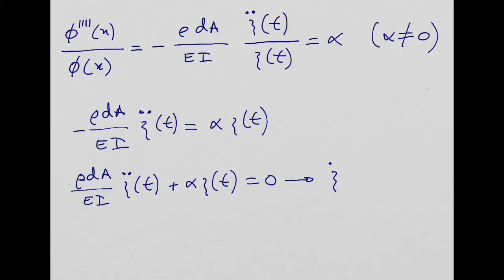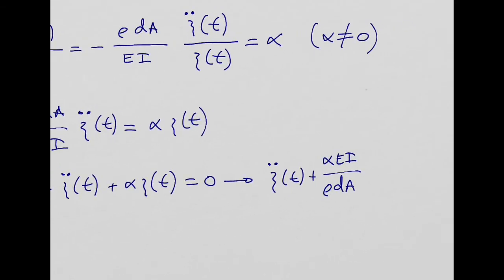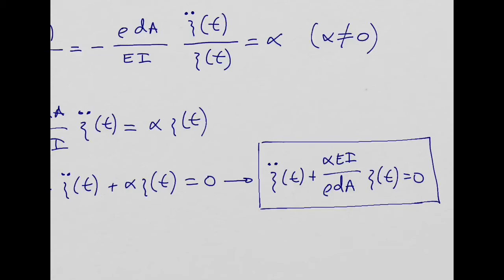You get xi double dot plus alpha EI over rho dA times xi, function of time, equal to 0. Yeah? So you have this equation here,